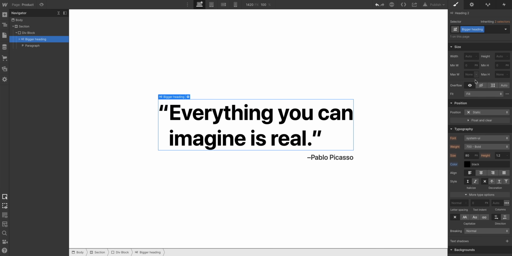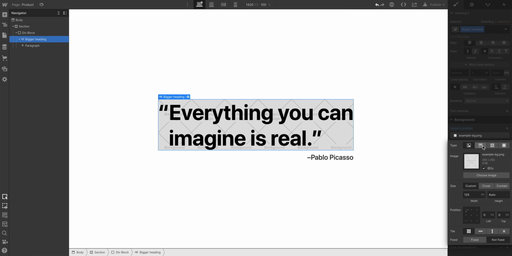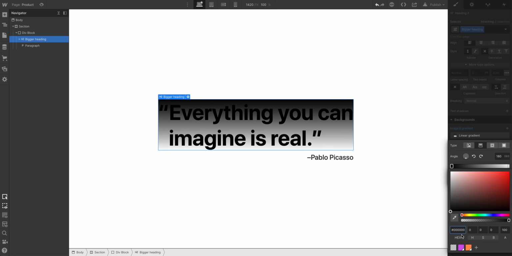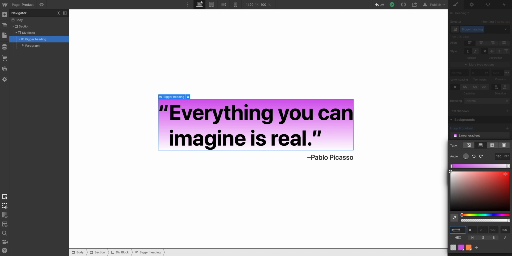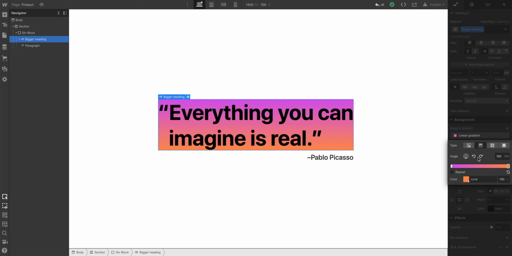But what about backgrounds? Let's go in and set a background on this text element. And for right now, let's make it a gradient. And we can double click to go in and choose our first stop. That's the first stop color. And of course, let's choose our second stop color. Same deal here. Now, even if we adjust our angle here, this isn't really the look we're going for, because